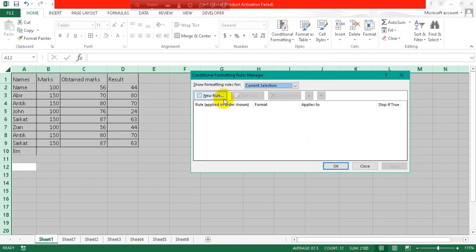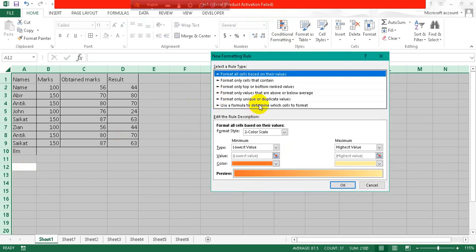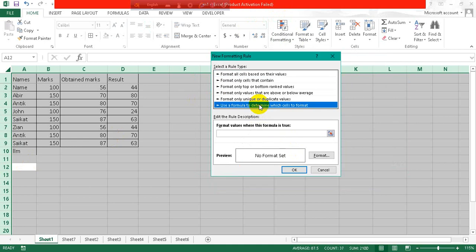click on manage rules and click on new rule, click on use a formula to determine which cells to format, and then click on the format values where this formula is true option and click on the first cell, and then click on the okay, now first we will have to delete the dollar option, and then we will just write greater than less than option and click on two inverted commas